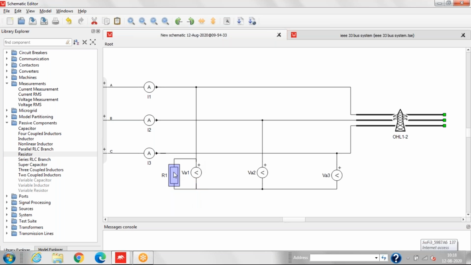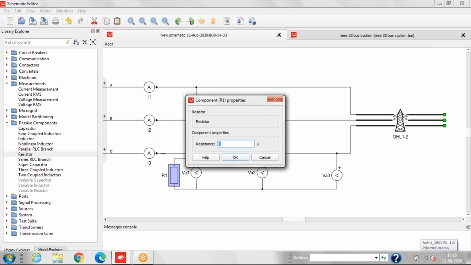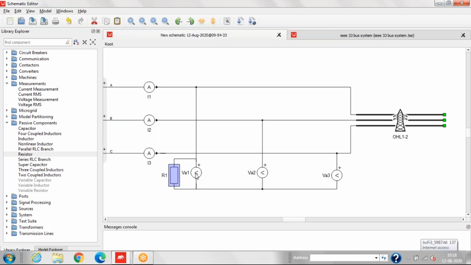First we'll change the name here. The resistance will be R shunt. We'll save it. Now we'll copy this and paste here.